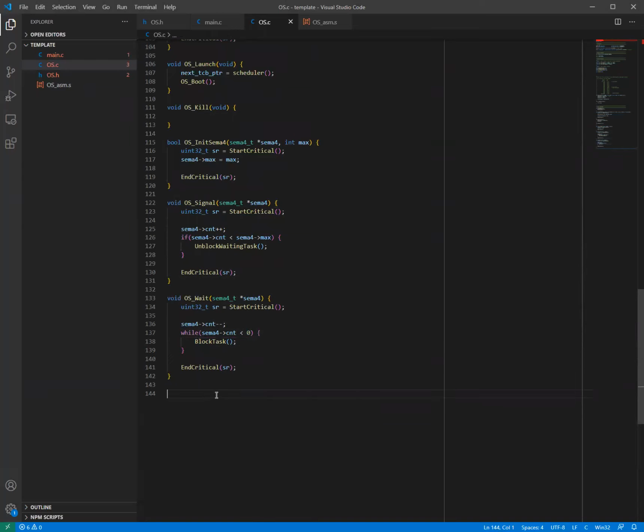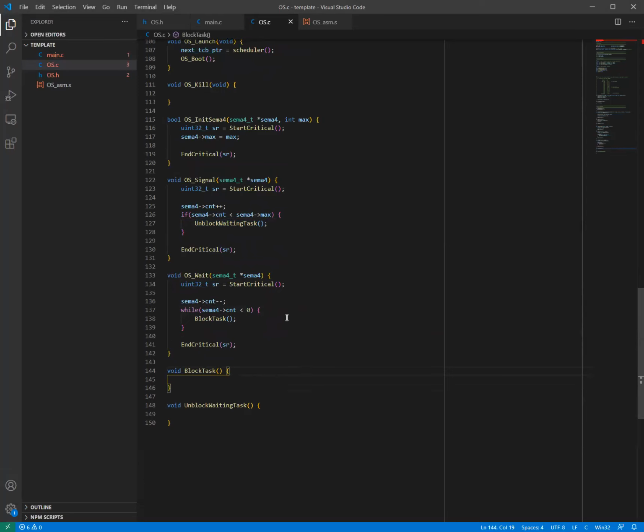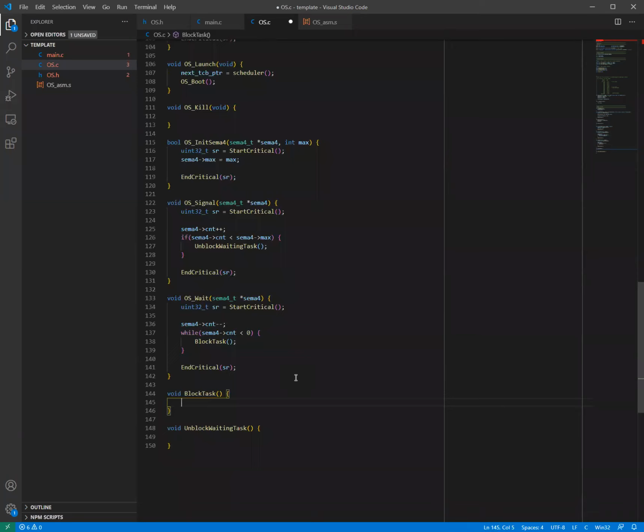I can explain semaphores more in depth later. It's a whole different topic in RTOS just dealing with semaphores. But if a semaphore is not available, then we should block the task. And whenever you post it, we should unblock any waiting tasks. So whenever you block a task, we're pretty much going to be